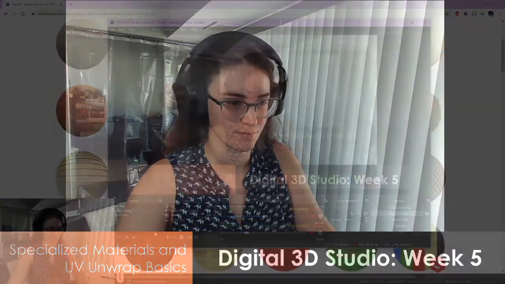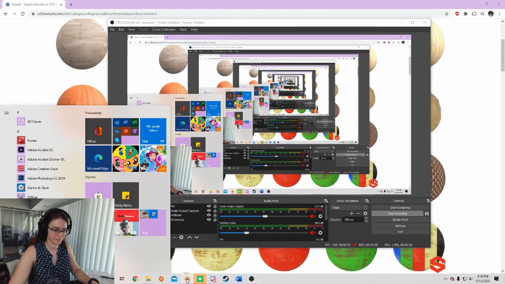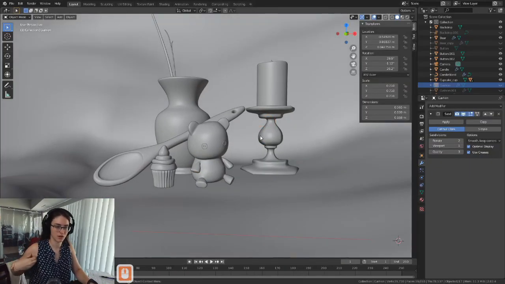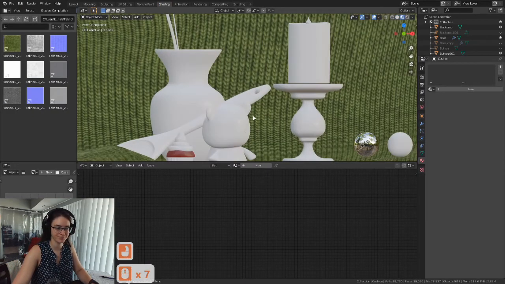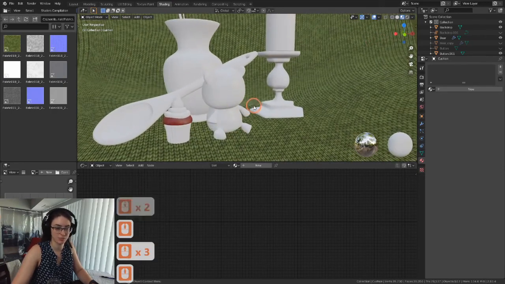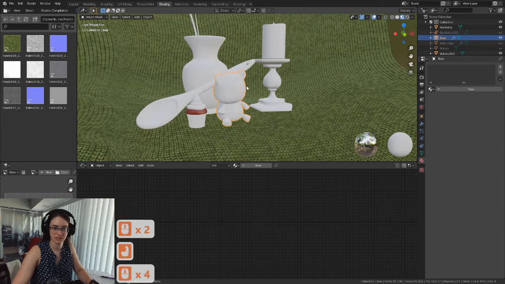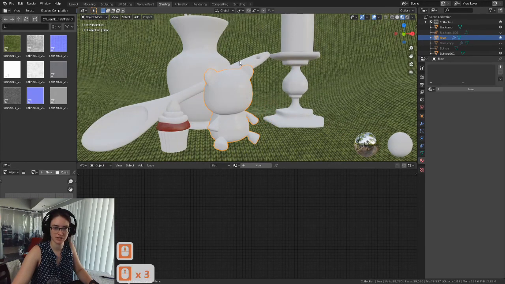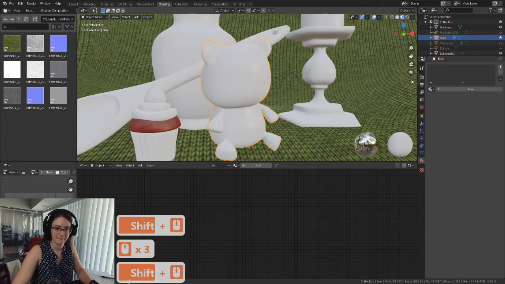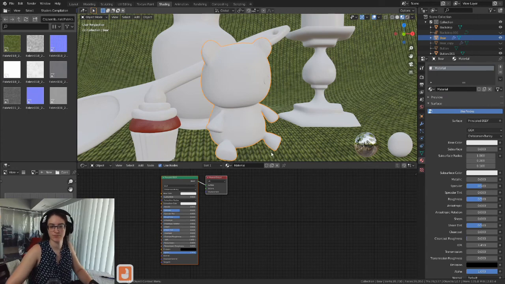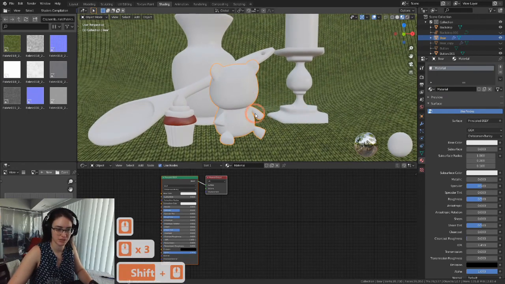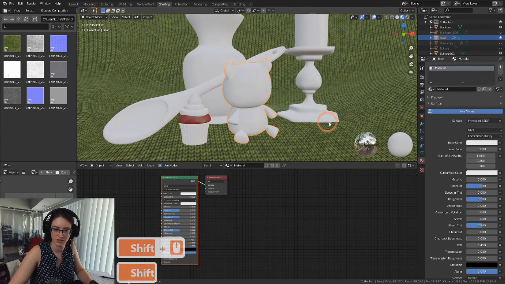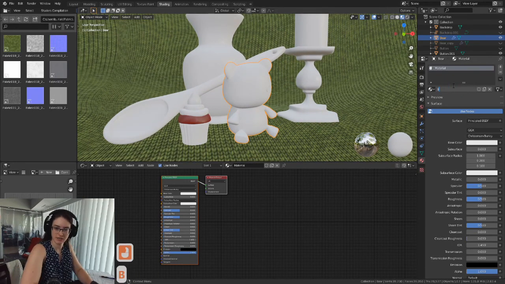So let's open up our scene. We want to make sure we're in our shading workspace. Our material previewer is open, and I'm just going to play around with the material on my bear just to show you the different options of everything. You may want to have specific objects that you're working on while you follow along. So I have my bear material,